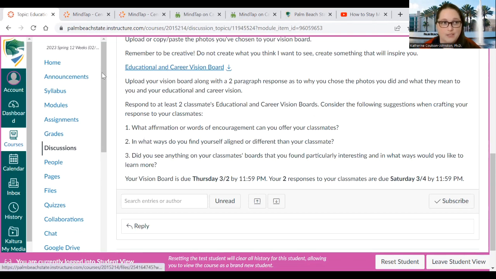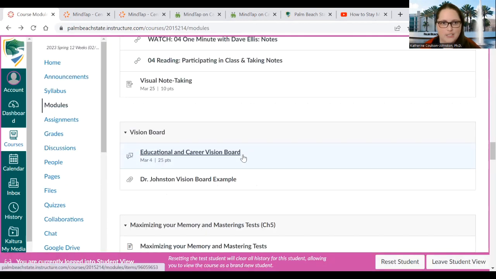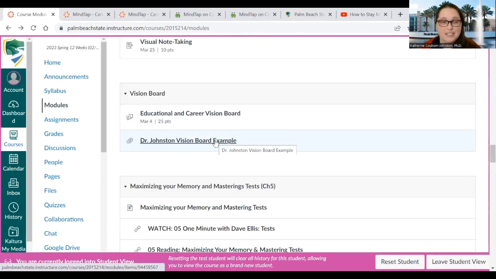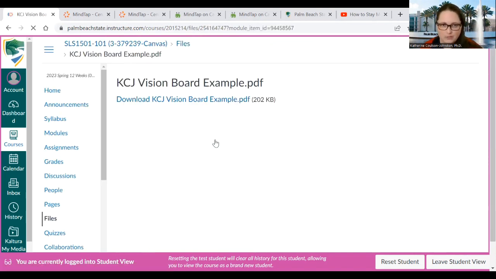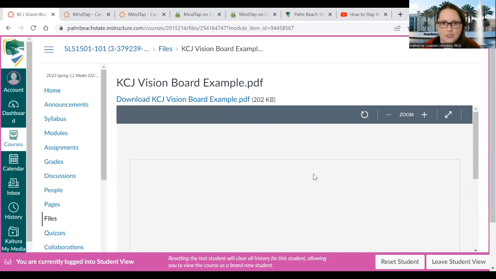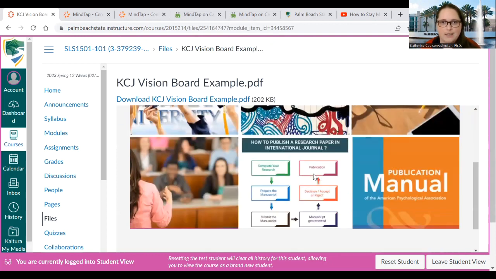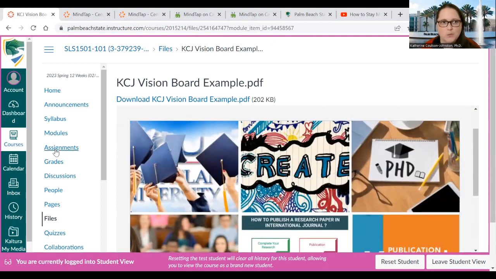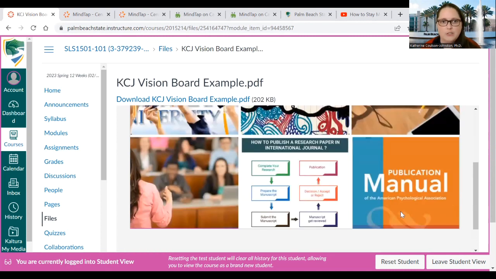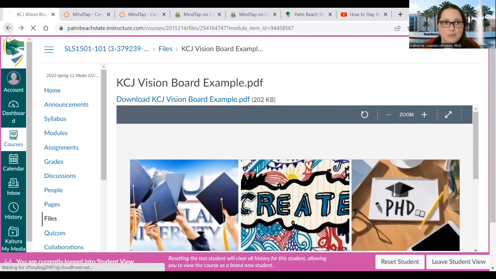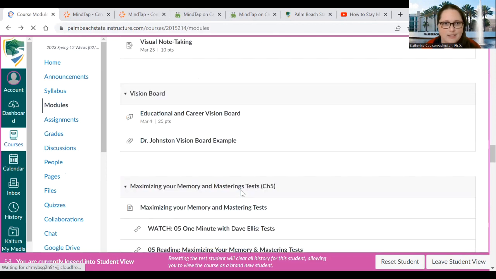And I also have them in something you can download. And I'll go over them again. But I wanted to talk about that just briefly because it's a very large chunk of points. So that shows that it's a larger assignment, but I wanted to give you just a little bit more context. This was like a little vision board I created. So it was just an example for you. But you're going to do something similar to this, although please be more creative than I was.